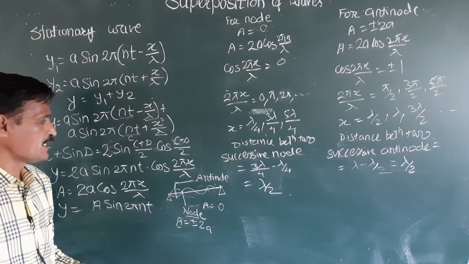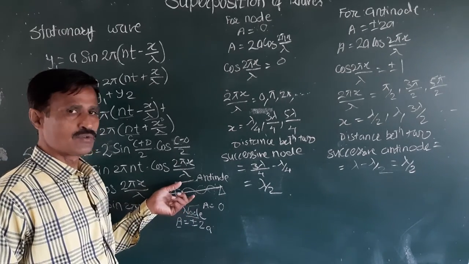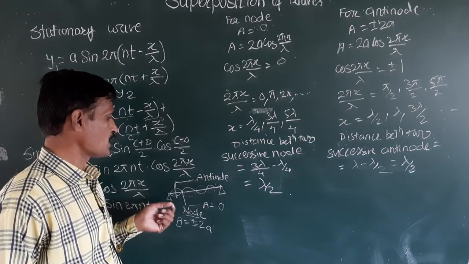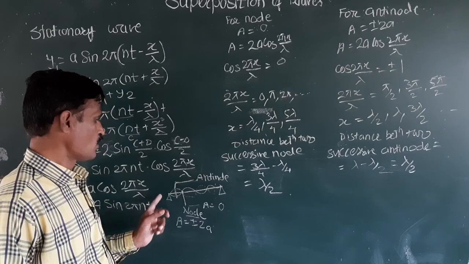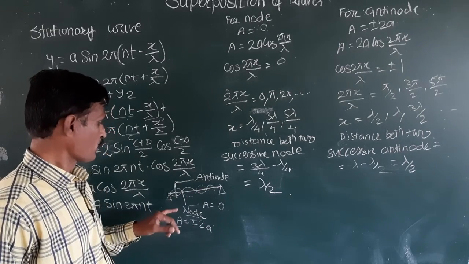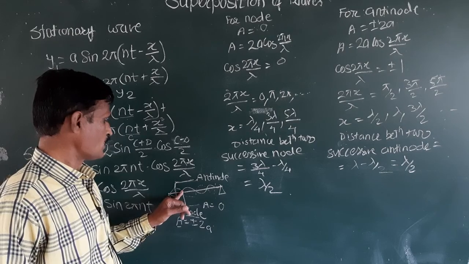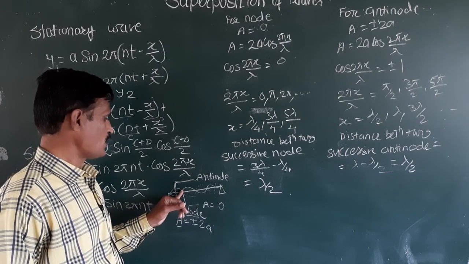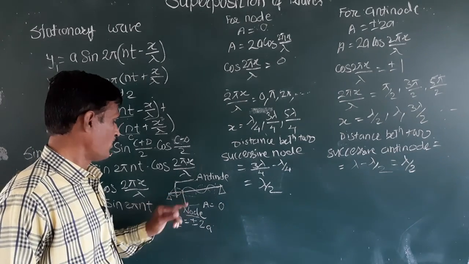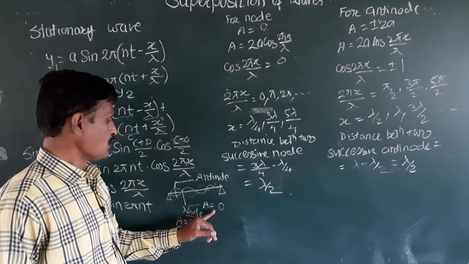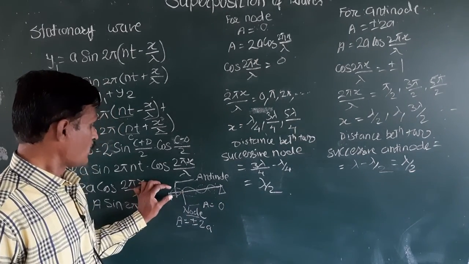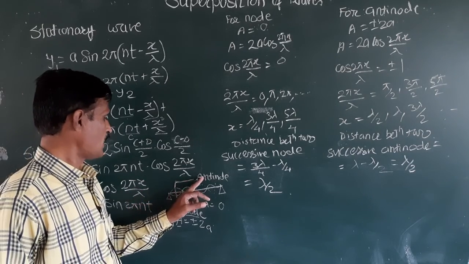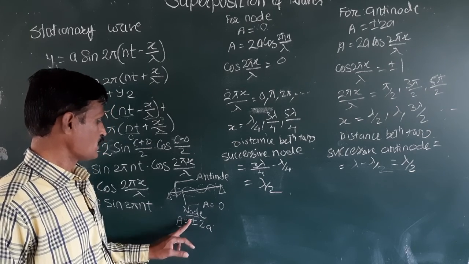When it is plucked at the center and released, two waves form, traveling along the string but in opposite directions. So if they interfere with each other, the point at which the two waves interfere is called a node. At this point, displacement is 0 and the amplitude is equal to 0. The point at which the displacement is maximum is called an antinode, and its amplitude is plus minus